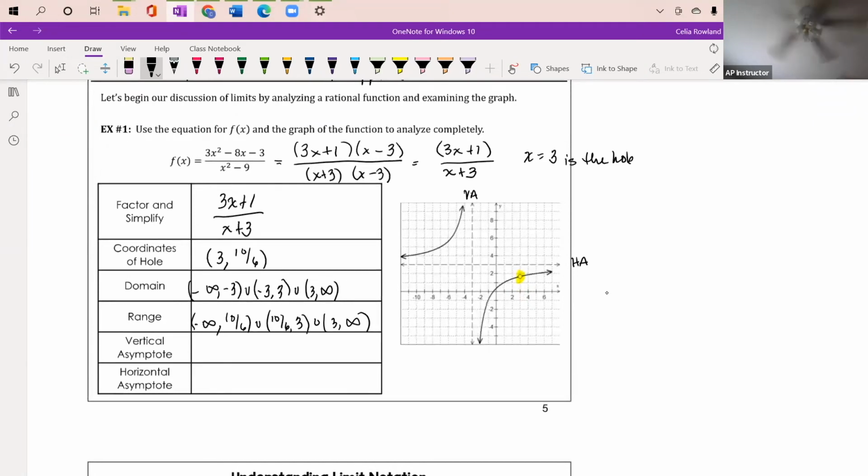Now, you always have to remember to write your asymptotes as x equal to or y equal to. So your vertical is x equal to -3, and that's from your denominator. And your horizontal is y equal to 3. And you can do that one of, were you ever shown how to find the horizontal asymptote by doing division? I was told how to do asymptotes with limits, I think, or something like that. Okay. Yeah. So what you can look at is